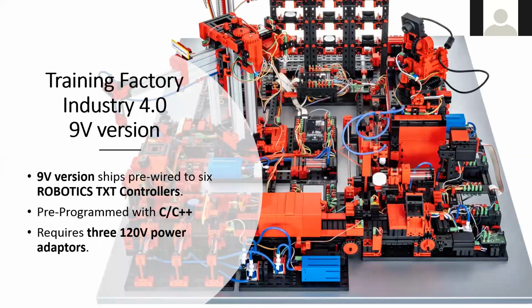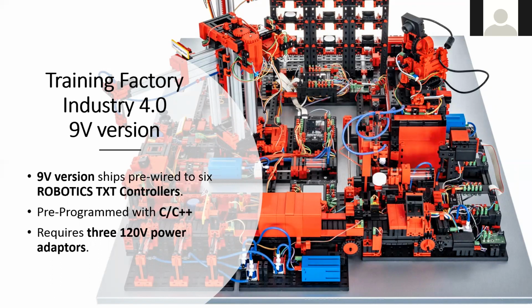Now, in the case of the 9-volt version, the control is facilitated through the use of 6 robotics TXT controllers. Unlike all of the other 9-volt versions we've looked at previously today, these are programmed not using RoboPro, but instead using C++. Again, all programming is preloaded so that once the connections to the internet and the cloud-based dashboard are made, all of which are clearly outlined in the downloadable documentation PDF made specifically for this model, you should be able to